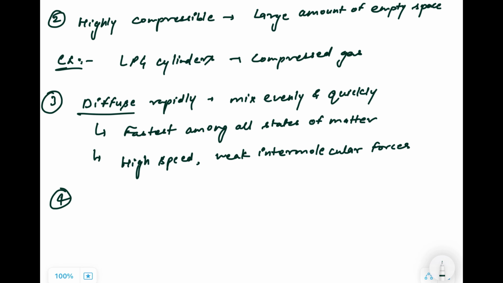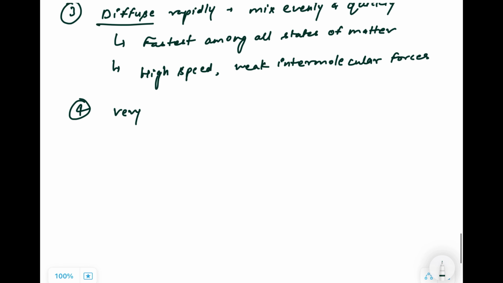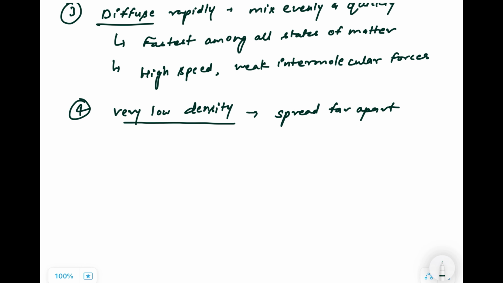The fourth property of gases is that they have very low density, and the reason behind this is their particles are spread far apart. A balloon filled with helium gas floats because helium is less dense than air. And the fifth property of gases is that there is no fixed arrangement of particles. Gas particles are randomly arranged and move freely in all directions. So this gives gases fluidity, allowing them to flow easily just like liquids. Air flows in and out of a room freely through an open window.